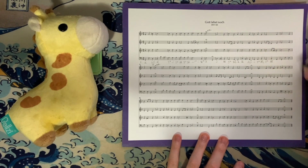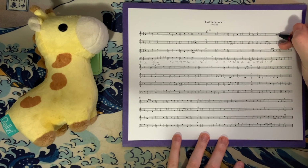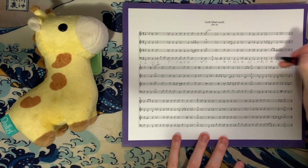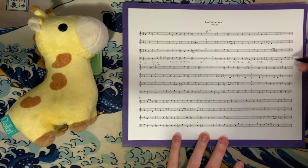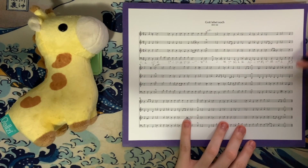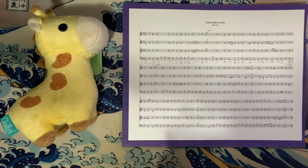We have a neighbor tone here in the tenor as well, before we get G, B flat, E, and G, which is 7-6, E diminished over G, and we would expect this 4-7 progression to go to 1, F, C, F, and A, which it does, so that's good. F is a chord tone, so we don't need to mark it, and then we get E, C, G, and G, which is our 5 chord in first inversion, and I feel like this opens up the door to what could be the point in which we modulate, and I'm just going to say that that is the point we modulate. Because we're modulating to the key of C major, C and F have a lot of chords in common,